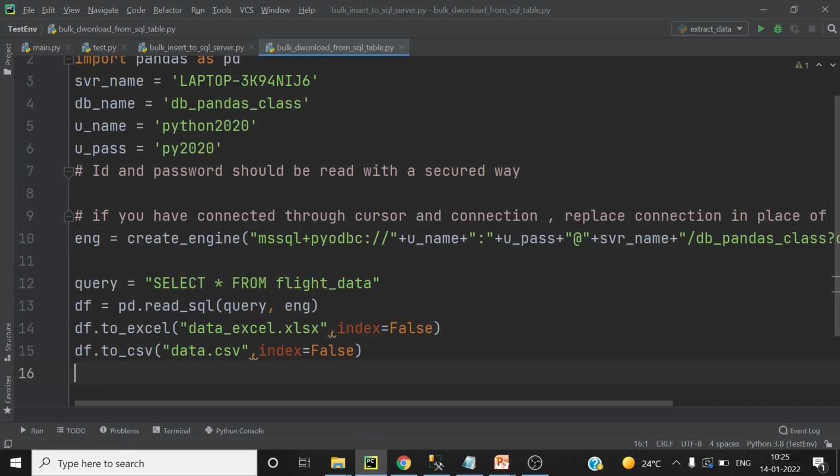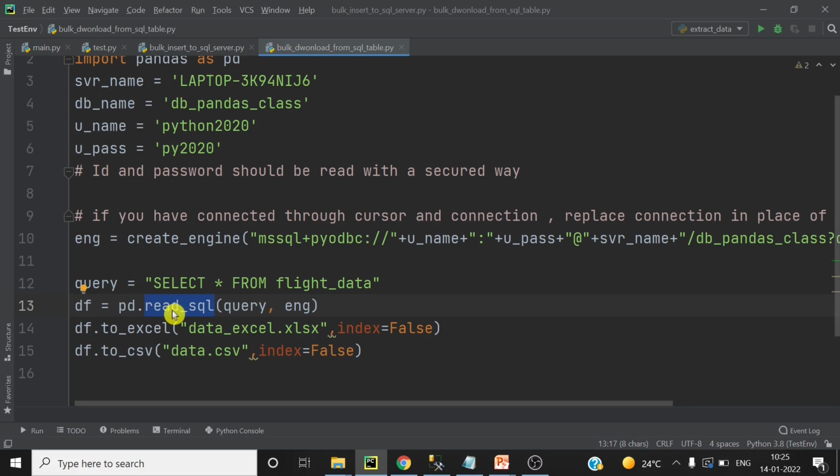We have selected all the data and assigned that to a query variable, and then we are executing the query using the engine with pd.read_sql. pd.read_sql will fetch the data as per the query and convert that into a data frame.